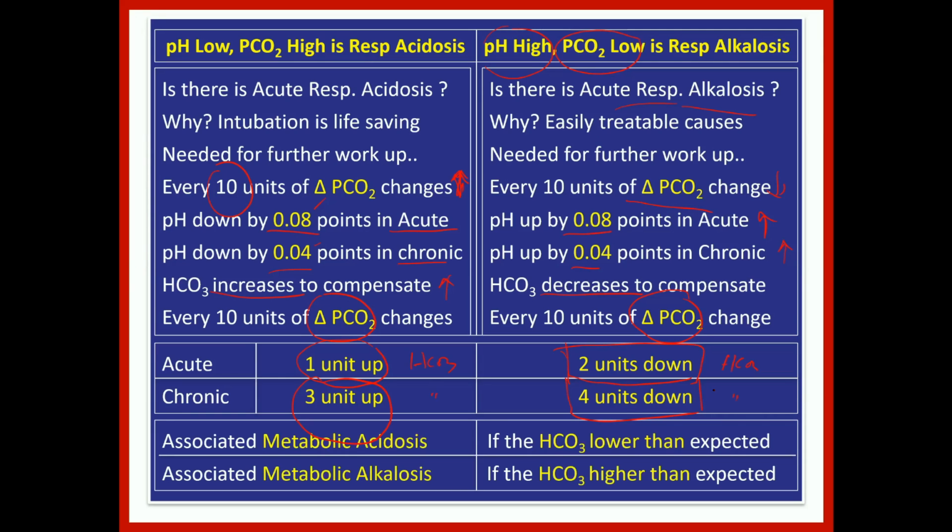And then you see, suppose it is not exactly one time or 2 time or 3 time or 4 time, and it is different. How different? If the bicarbonate is lower than the expected from the calculation, that means there is acidosis. What acidosis now? It is metabolic acidosis. That is pulling the bicarbonate down. Whereas if the bicarbonate is higher than expected with this calculation, then a combined metabolic alkalosis is there. This is how we work out the combined disorder.